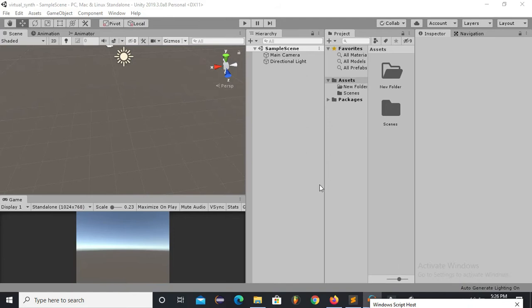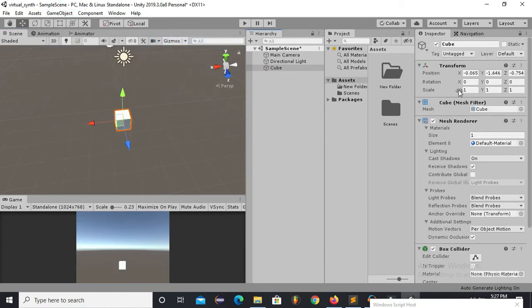Now I have created my Unity scene, and I will import a cube. So first of all I will create the ground level. For that I'm using a cube, and then I will place some obstacles on this cube. In order to make obstacles, it's up to you, you can place cylinders or anything. I will be using cubes to make obstacles.